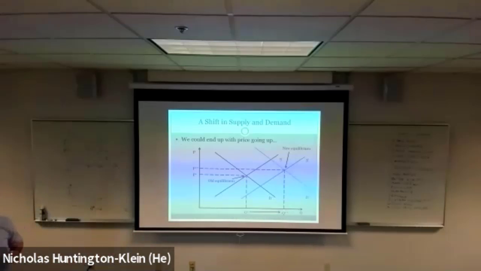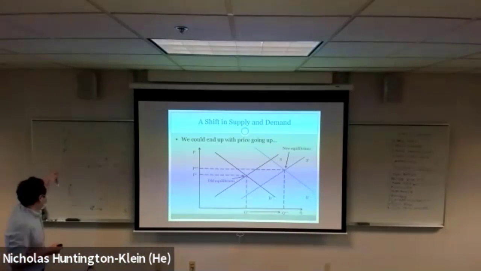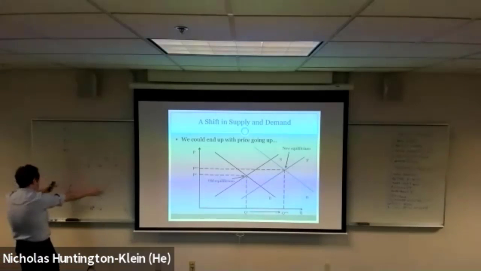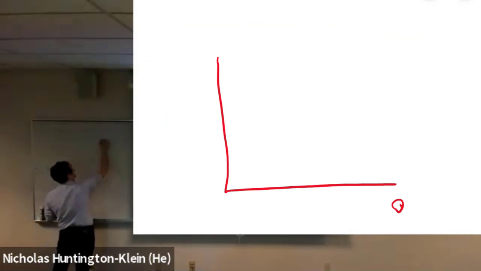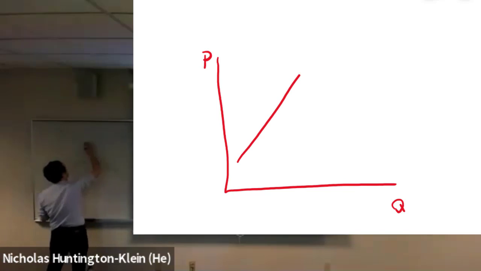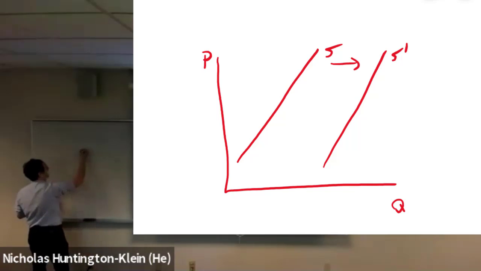when we have two different shifts at once, which is going to be the case a lot of the time. Now, the problem that we're going to run into is that you sort of end up with two different predictions that are opposite, which is not particularly helpful. It depends. So if you want to do two changes at once, all we have to do is draw both of the changes on the same set of graphs. Okay. So instead of having two different graphs for my two different shifts, we have both a supply shift and a demand shift on the same set of graphs. And we're just going to go from our old equilibrium